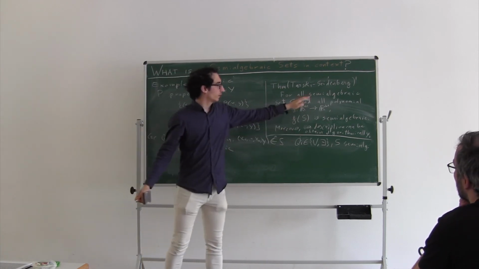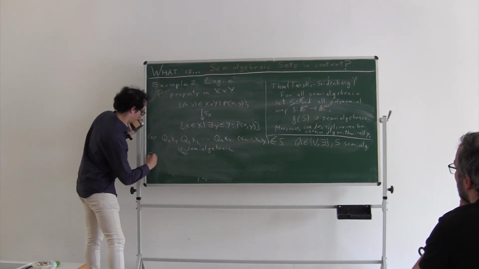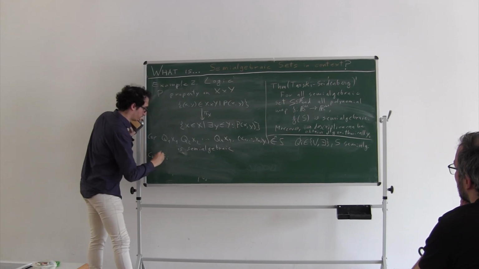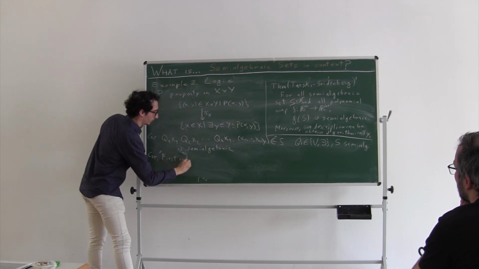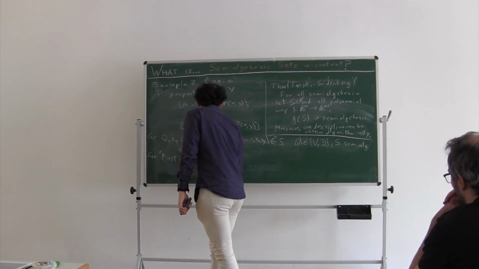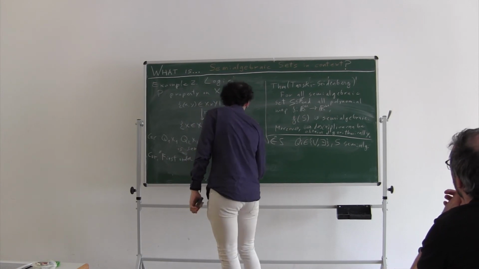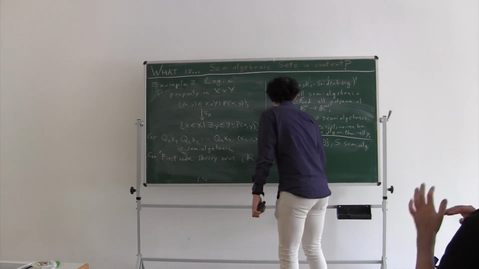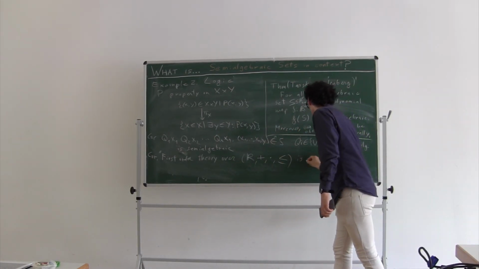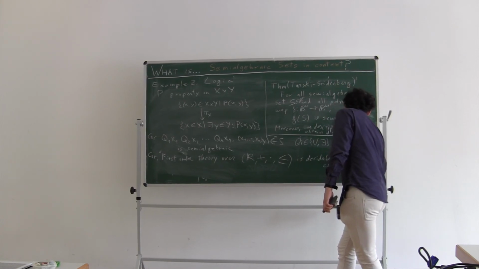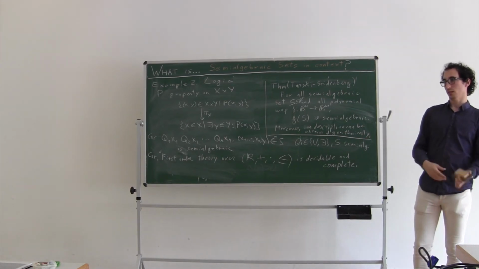And because I can do this in an algorithmic way, the second corollary, which is probably one of the most impressive ones, is that the first order theory over R, with plus, times and order, is decidable and complete. So essentially, whenever I give you a statement